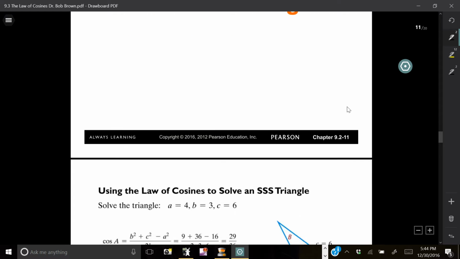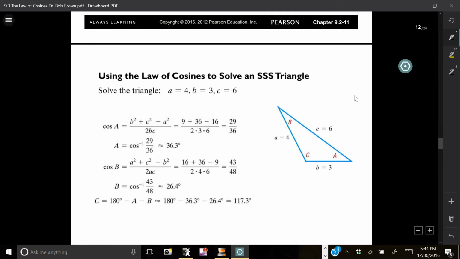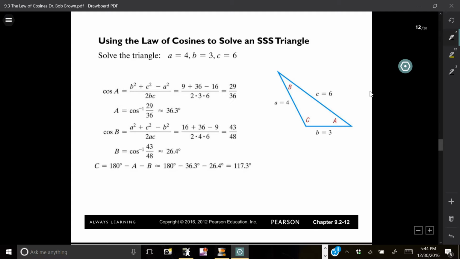Now, suppose you have 3 sides of a triangle. What you would do is use the version of cosine of A, cosine of B, and plug into the formulas. Here we're given a is 4, c is 6, b is 3. Plugging in, we get cosine of A is 29 over 36, and A is equal to inverse cosine of 29 divided by 36. It's about 36.3 degrees to the nearest